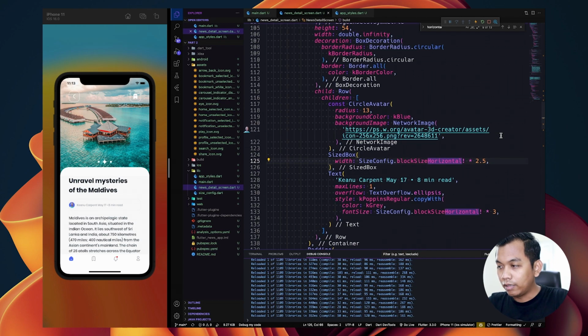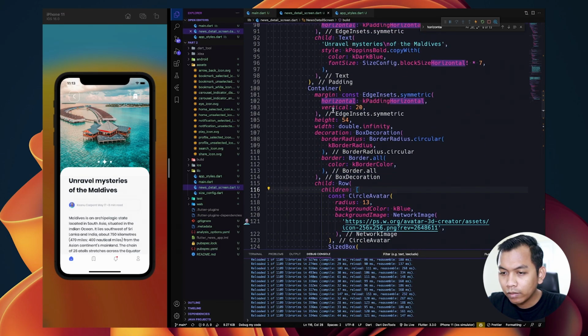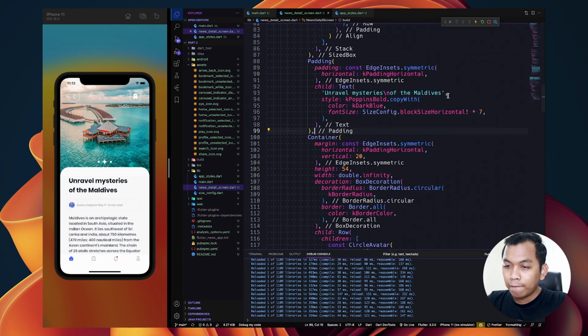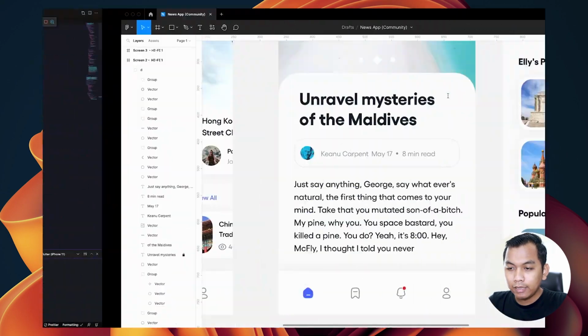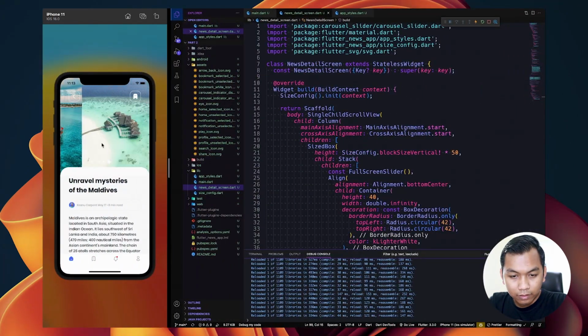So yeah, we have passed the horizontal padding with this constant value, which is k padding horizontal. And let's see the design. And this is the app.